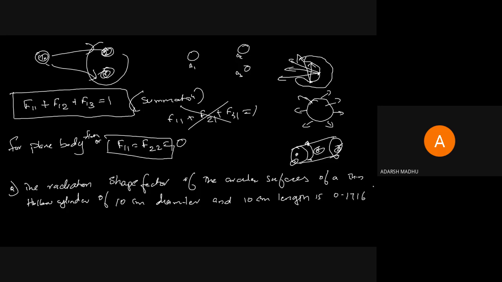That is the shape factor. Radiation shape factor of a circular surface of a thin hollow cylinder of 10 cm diameter and 10 cm length is 0.1716. What is the shape factor